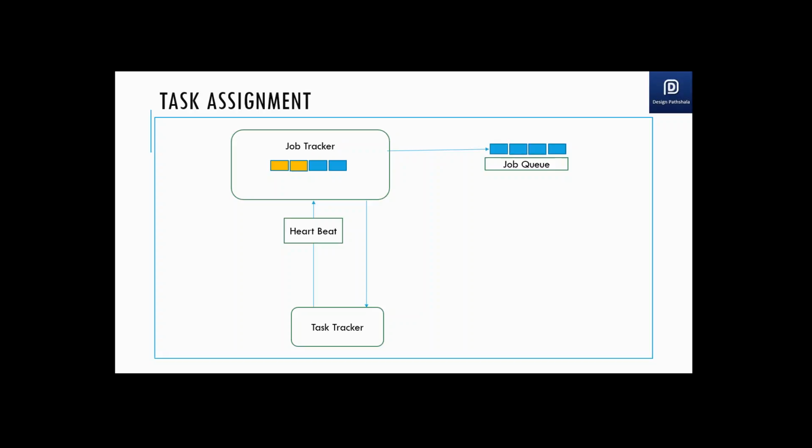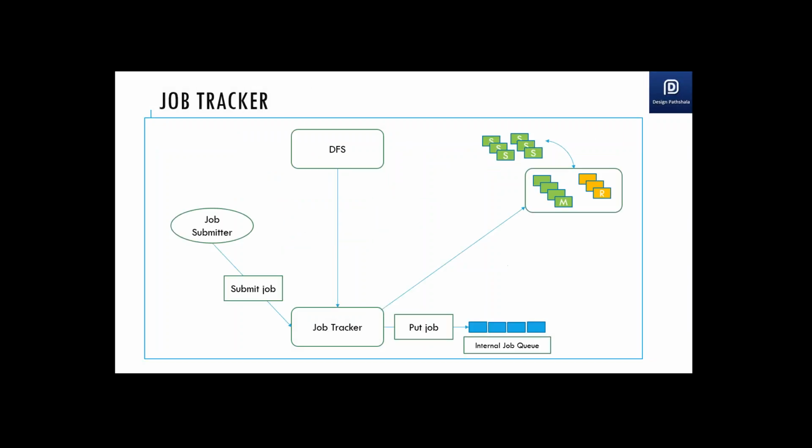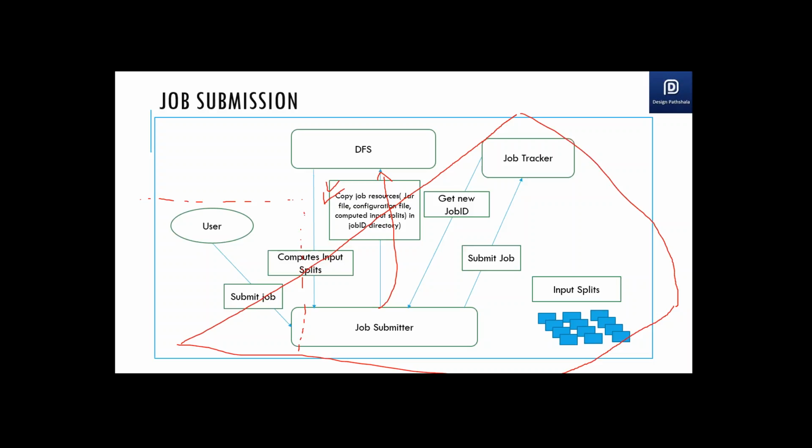I'm a little lost here. No worries. So this number 10. I as a user need to submit the job. Why am I saying submit job? I have to just submit some logic which needs to run on my data. So what I'll say is, on this data, run so and so logic. I as a user do not know if my file is 100 GB or 500 GB, or has 5 million blocks or 60 million blocks. I will just copy my logic to HDFS, and tell the job tracker to trigger it, please.